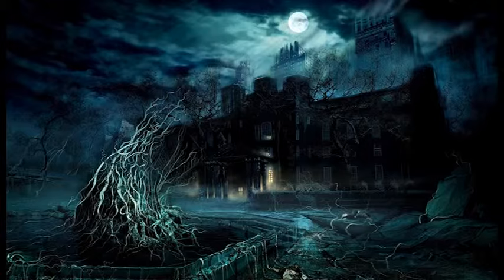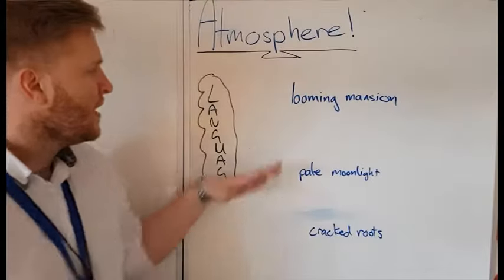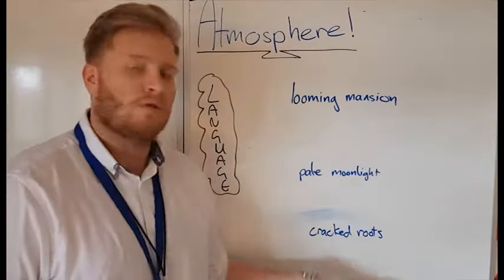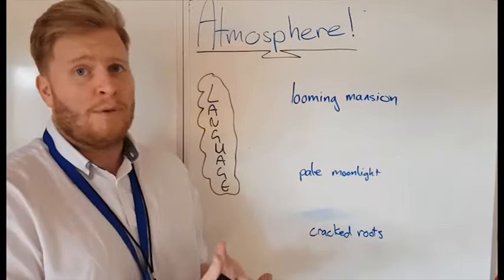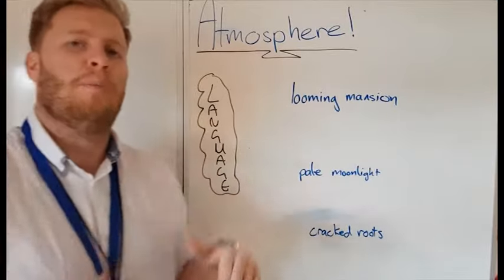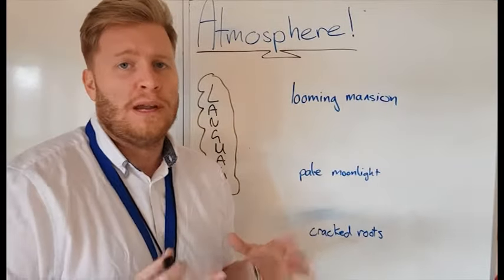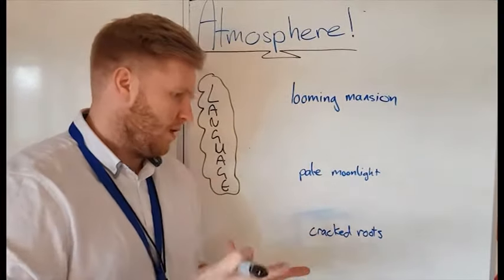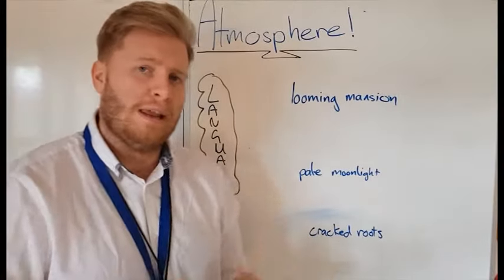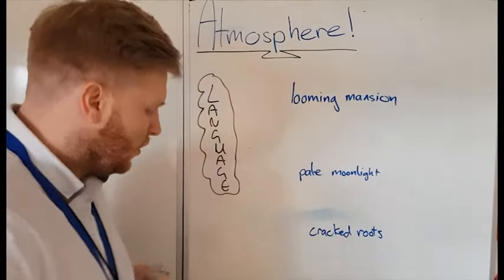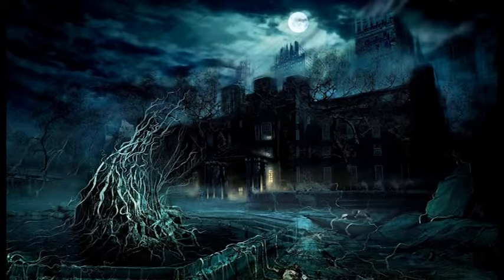Okay, so now I've got some of the examples there, and I've had another one. I've got looming mansion, pale moonlight, cracked roots. I've got some good descriptive words there, but I'm not just going to put them in and hope they create the atmosphere. Everything I put around it, I want to help create this dark and mysterious and creepy atmosphere. So when I'm putting in my adjectives, when I'm putting in my adverbs, I'm really thinking about what they are. So I've got the looming mansion, so I might put something like, the looming mansion, let's have a look,